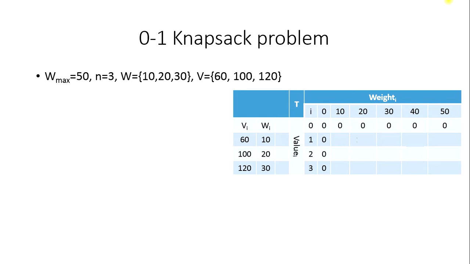So if you want to solve it, we will just convert it into a table where the columns represent how the bag, how the knapsack, is being filled. Moving along, when there are 0 items in the bag, of course the entire row will be 0. There will be no weight and no values.